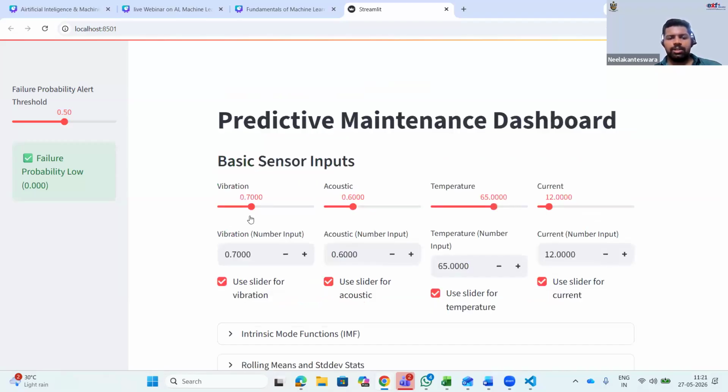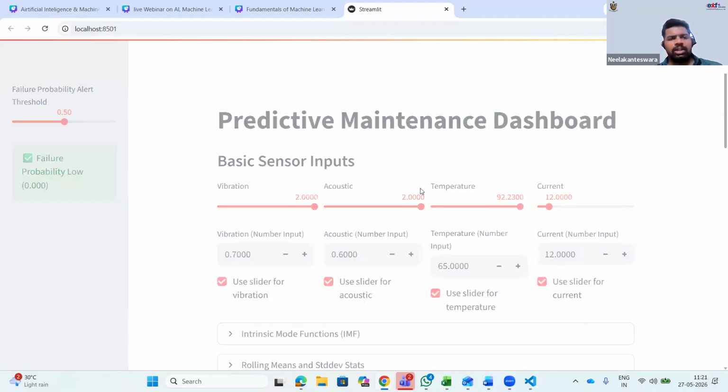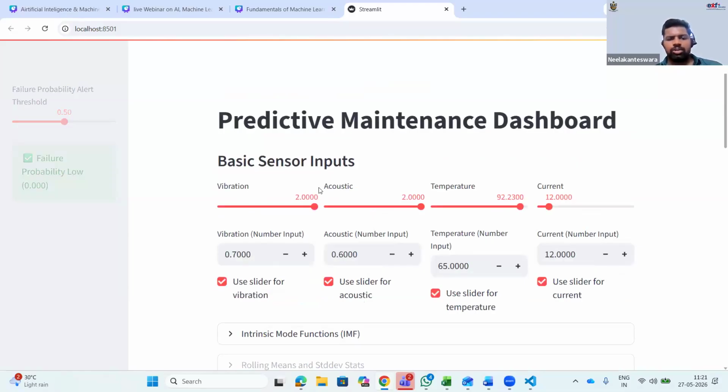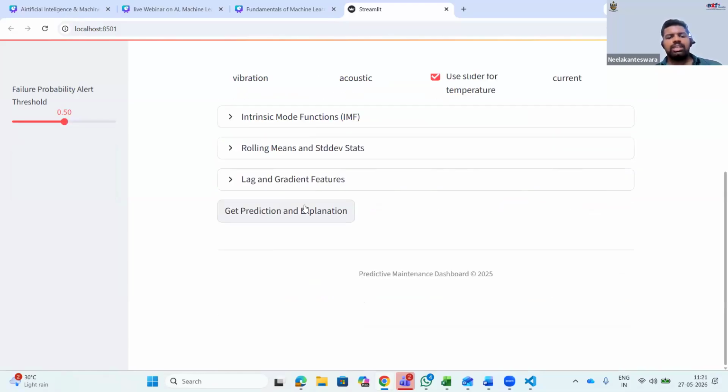Okay, this is the predictive maintenance, and if you modify the values here, I changed all the values, so it gives the extreme value. According to our thing, it is going to predict a failure, right? So check here whether it gives that or not.